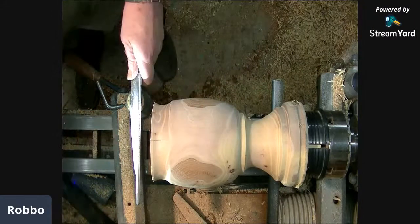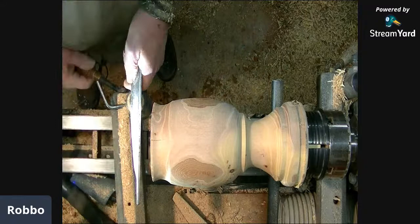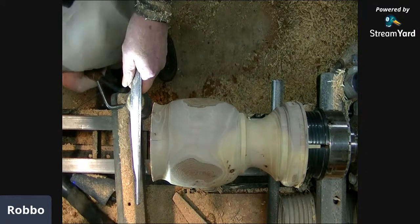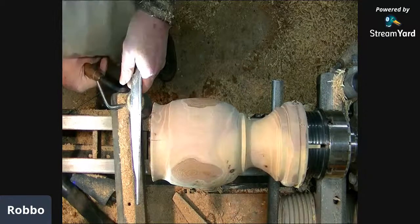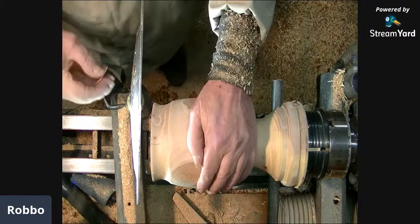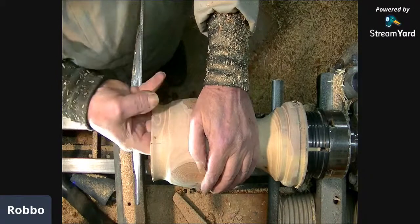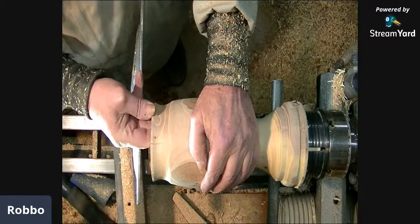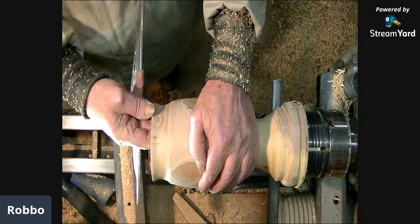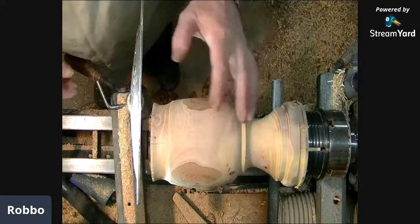Rightio. So, Robbo, Mike's written a little poem for you, but he's also asked what finish you're going to use. Sorry, who's that? Mike, Midnight Joker. Oh, right. I'm just going to use nitrocellulose lacquer on the inside, or put shellac or something down in there just to make it look pretty. Because as Neil said, the glass jar's in there, so it really doesn't have to be a super fine finish in there at all. The outside of it,